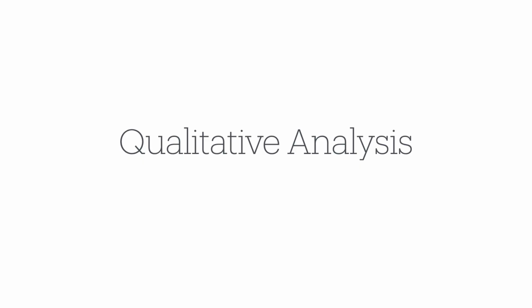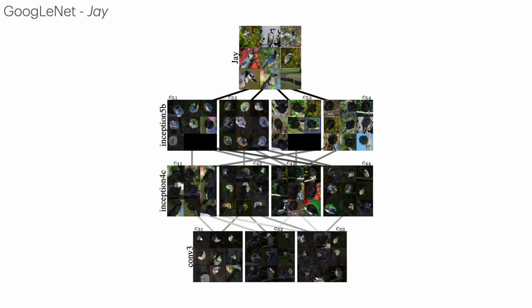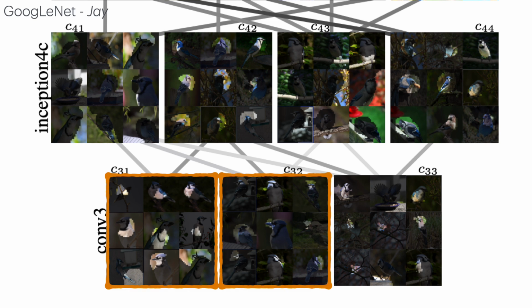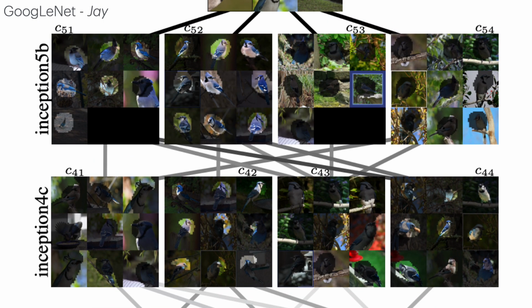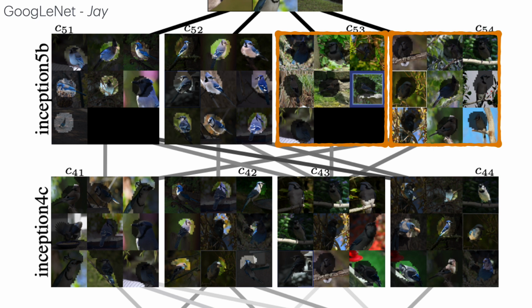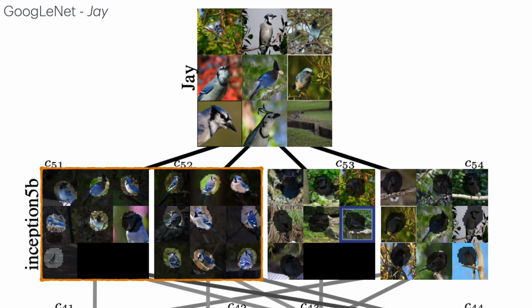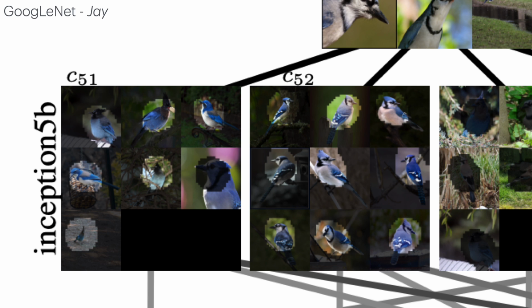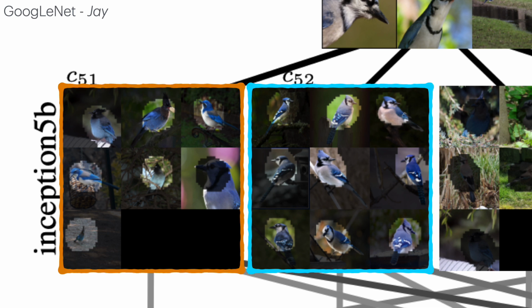Let's look at some qualitative examples of VCCs. Here we show a three-layer VCC for the GoogleNet model targeting the class Jay, where darker lines denote higher edge strength. Early layers show concepts like bird necks, beaks, and edges. Looking deeper in the model, we see the Inception 5B bird concept composed from head, branch, and body concepts, while background concepts are composed of other background concepts, leaves, and branches. At the final layer, we see both foreground and background concepts highly contribute to the class logit, while a closer introspection reveals the model encoding separately the concepts of blue jay and other jay types,